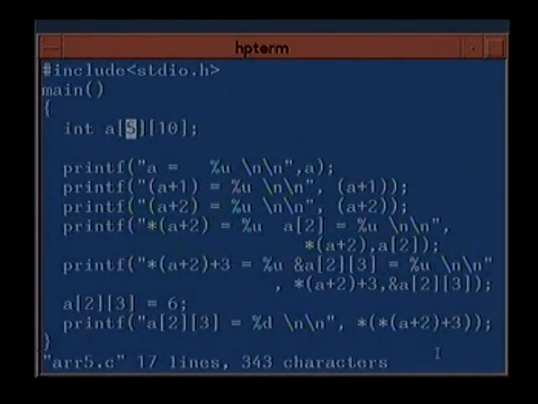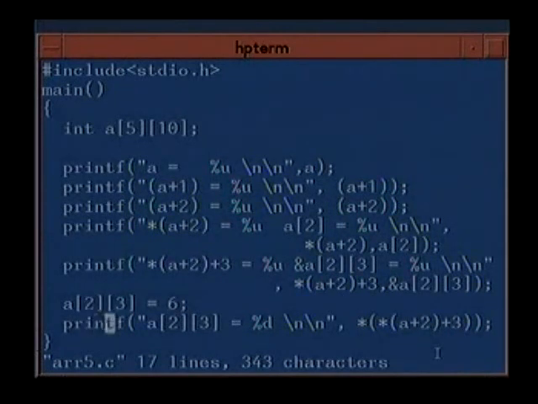That is how we can look at it. So A, this is the address, A plus 1, A plus 2, content of A plus 2 will be the same as A[2]. Content of content of A plus 2, plus 3, will be the same as &A[2][3]. A will be the same as &A[0][0], which will be the same as &A[0]. All of them will be the same.